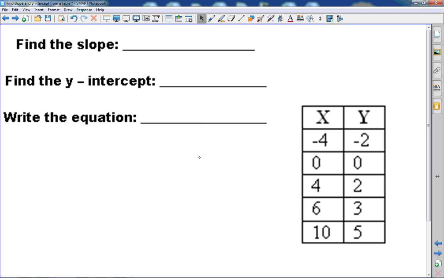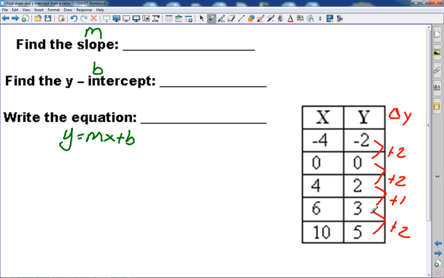All right, pause the video and try and find the equation and the slope and the y-intercept. Also, anytime on a table, if you see the y-intercept or the x-intercept, please circle it and label it. First, my slope is m, my y-intercept is b. My equation is y equals mx plus b. Okay, so delta y, the change in y, let's see, I like using red on this right here. Delta y, the change in y right here is plus 2, plus 2, plus 1, plus 2. Delta x, the change in x,